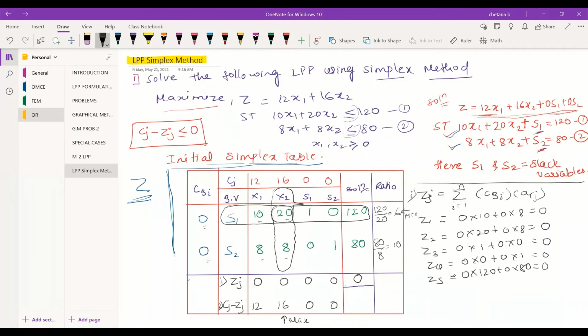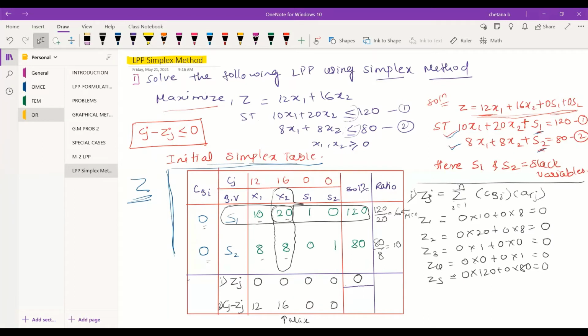Ma'am, we're doing a maximization problem, so why should we take the minimum value of the ratio? See, in the ratio, the right hand side, that is the B1 part, is divided by the key column value, which is the partial procedural part of the optimization.